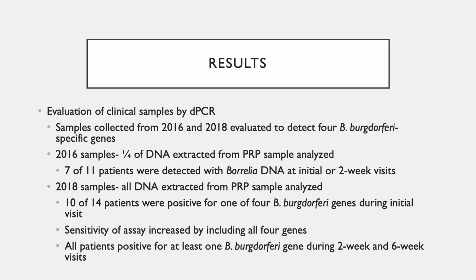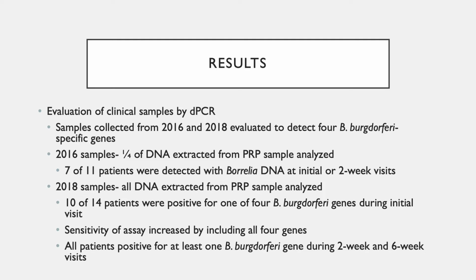To evaluate the clinical samples by digital PCR, they compared analysis on the 2016 samples to the analysis on the 2018 samples. For those 2016 samples, a quarter of the DNA extracted from the platelet-rich plasma sample was analyzed by digital PCR. It was determined that 7 of the 11 patients did have Borrelia DNA in them at either the initial or 2-week visit. And for the 2018 samples, which in contrast, they ended up using all of the DNA